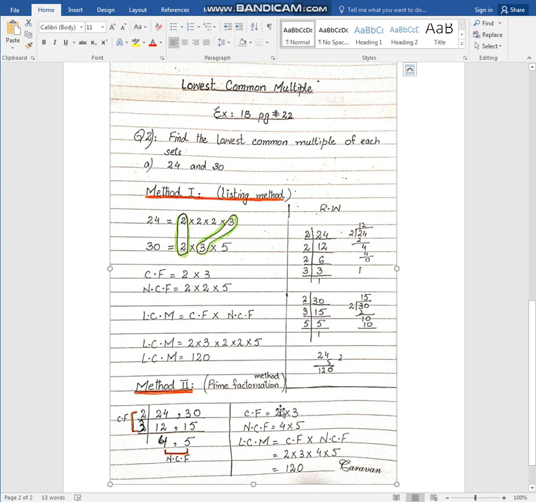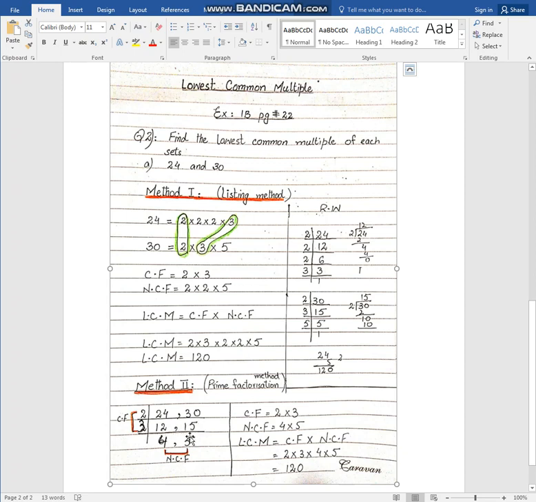Now move towards the prime factorization method. To find the LCM by prime factorization method, we will also factorize 24 and 30 by the common table. Okay, by the prime factorization method we will use, but we will make a single table. Make a single table, write the 24 and 30 numbers, separate them by comma. Okay, you know that 24 and 30 both are even numbers and they are divisible by 2. We will just divide the 24 and 30 by 2. We will get that 2 12s the 24 and 2 15s the 30.